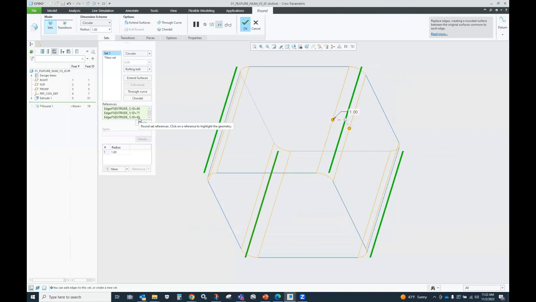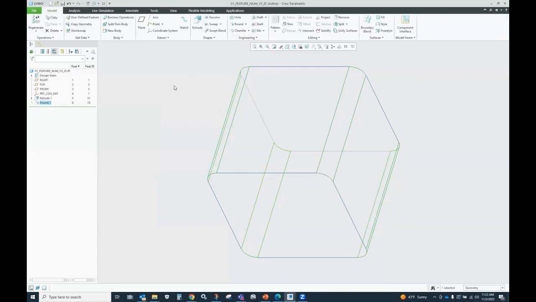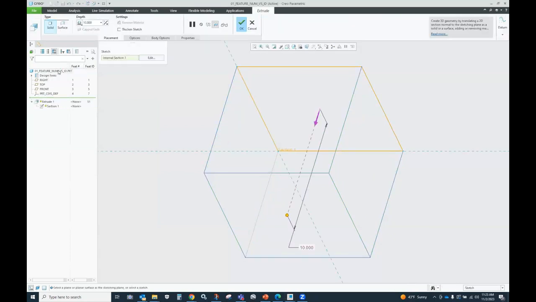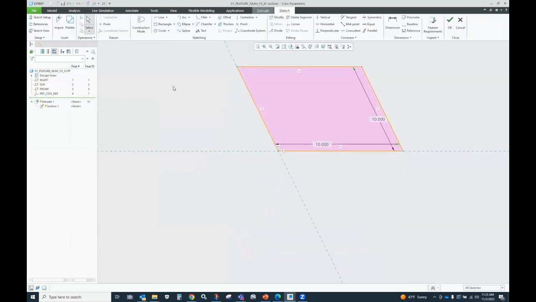If it can find the ID, then it's going to build the round. So we have ID 69, 71, 65, and 67 being recorded to create this round. Right? So as long as those IDs are in the model, Creo can find them, and then it will try to build the round. If I make a change to this extrusion and I edit the sketch, and I'm going